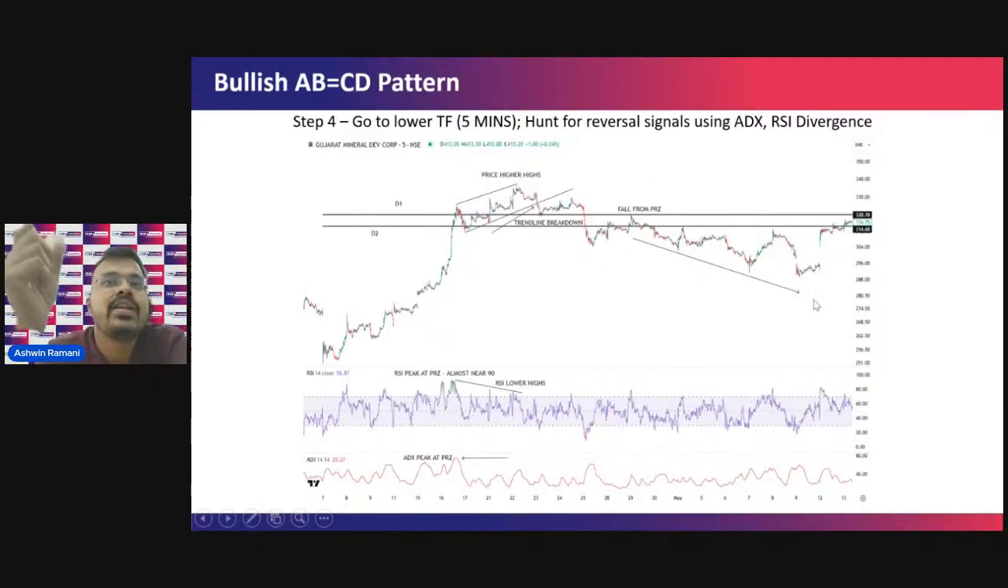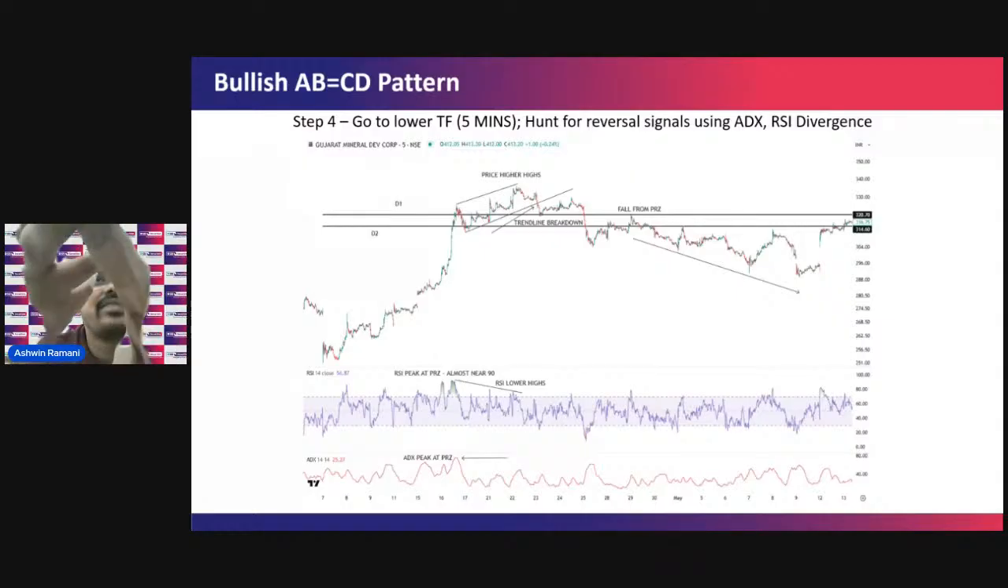How did you know this level? आपको मालूम था 312, 319 एक पोटेंशियल रिवर्सल जोन है. फिर जैसे ही प्राइस वो पोटेंशियल रिवर्सल जोन में आया, 5 मिनट्स चार्ट में आप देखने लगे, यू गॉट ओवरबॉट सिग्नल इन RSI, ओवरबॉट सिग्नल इन ADX, बेरिश डाइवर्जेंस इन RSI. और जैसे ही ट्रेंड लाइन ब्रेक हुआ और जैसे फिर से PRZ में आ गया, from there onwards the price